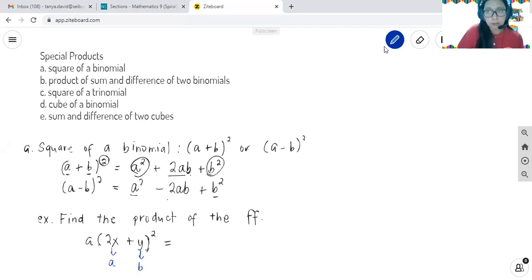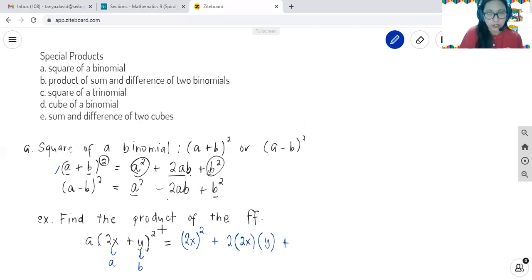So we will have the square of a, that would be 2x, I will put parentheses and then square. Plus, because this is plus, I will follow this pattern. Plus 2 times the first term, which is 2x, times the last term, which is y,